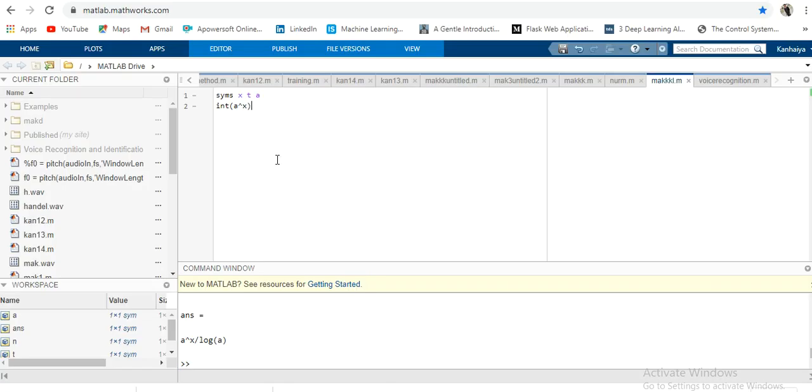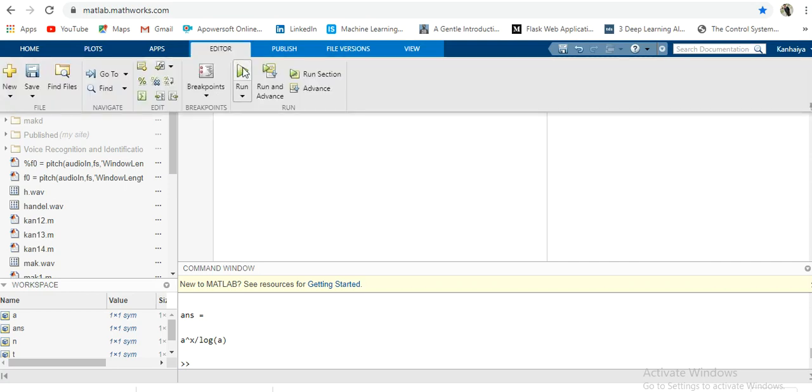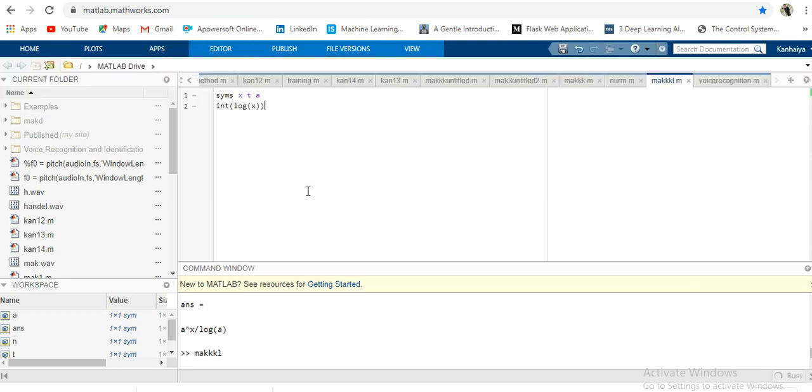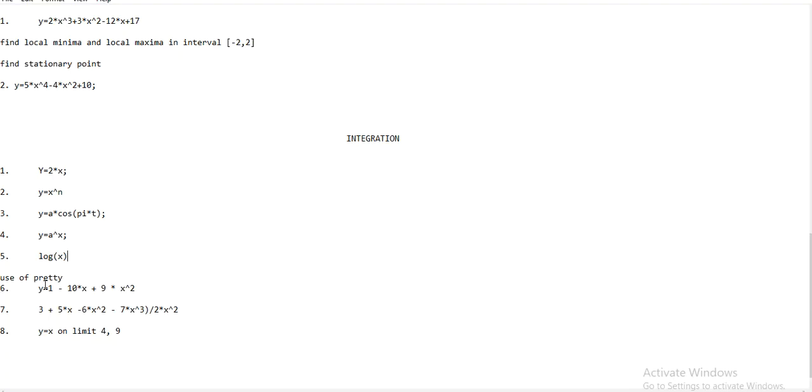We are solving a very basic problem. We are seeing how we can solve it using MATLAB. We have to give the function only. That's why for the tutorial I'm taking very simple problems. You can explore it later, and you can post your questions if you are stuck with any question. Okay, x log x minus x. Yeah, it's the correct answer. Okay, now let's move on to the next one.